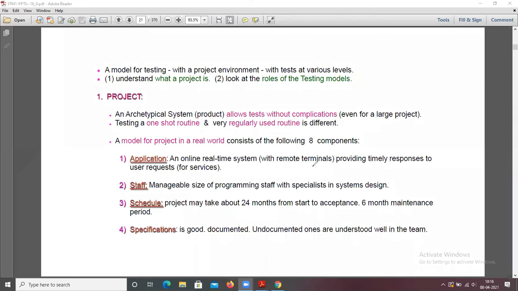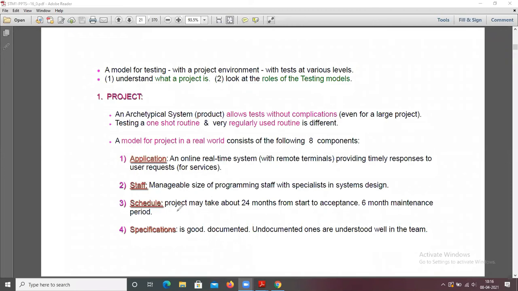That means the software is installed in one remote terminal, providing timely response to user requests for services. That means, for example, I want to send a request to the server, then the server will respond timely to the user. And staff, a manageable size of programming staff with specialists in system design.